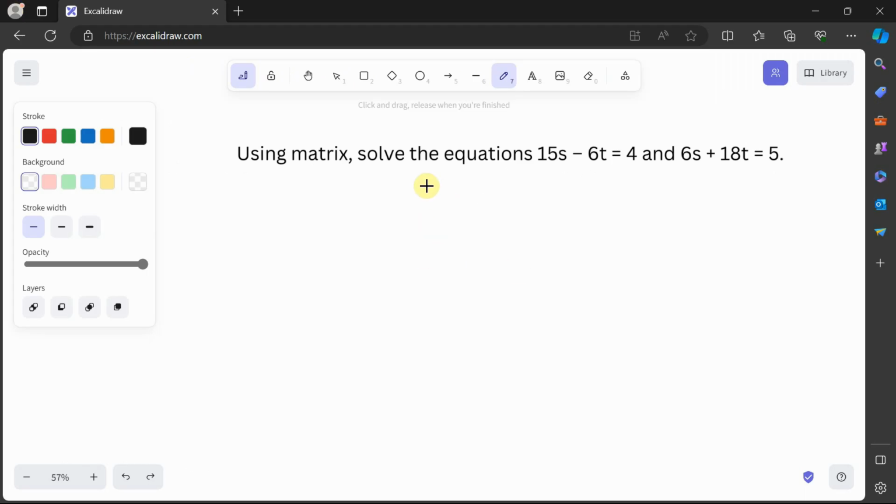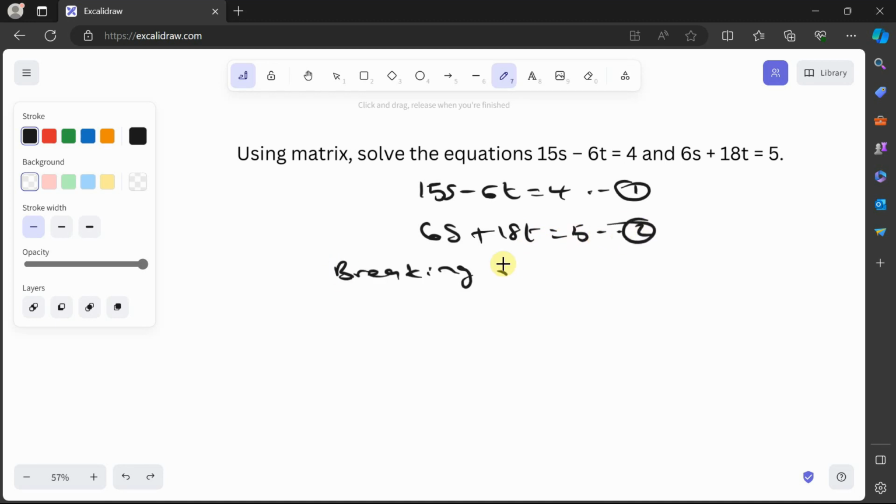Welcome back. Let's solve it together. So the first thing that we'll do is write it down and say 15s minus 6c is equal to 4. This is equation 1. And then 6s plus 18c is equal to 5. This is equation 2. So we can say, breaking into matrices,